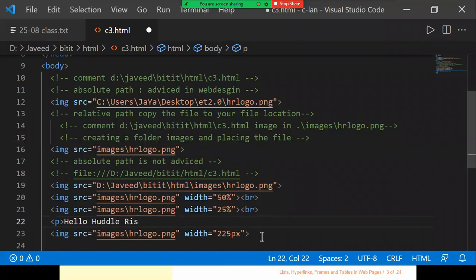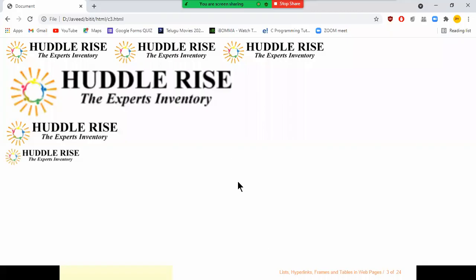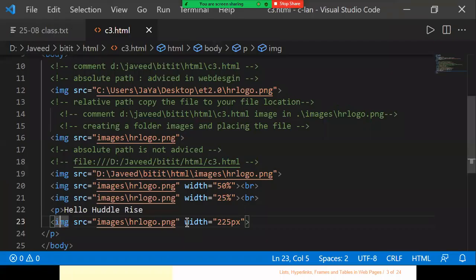Then I'm closing my tag. Now I'll save this. Now you see that the text is displayed here, and next to that the image is displayed. The text is aligned to the bottom of my image.